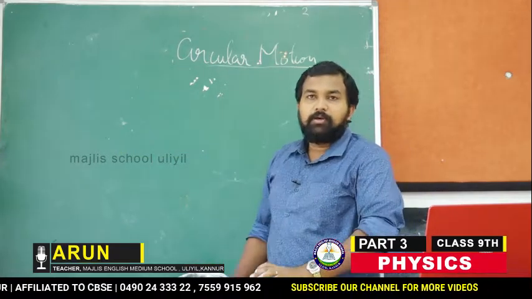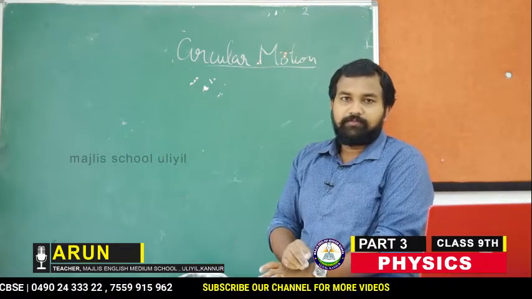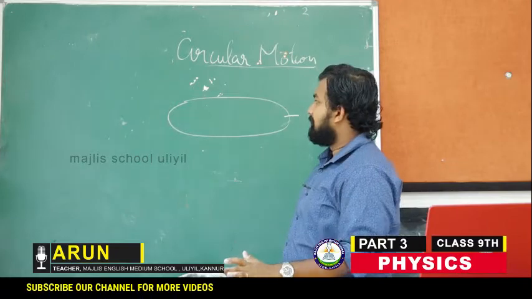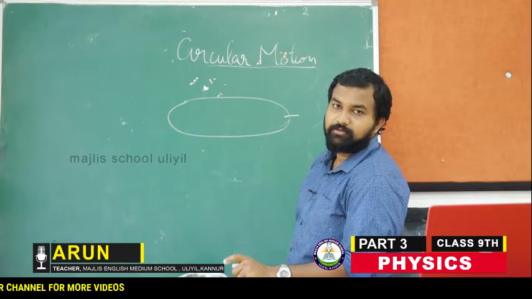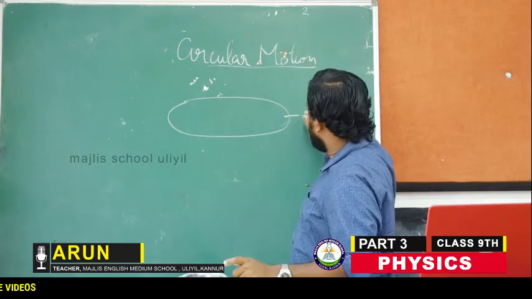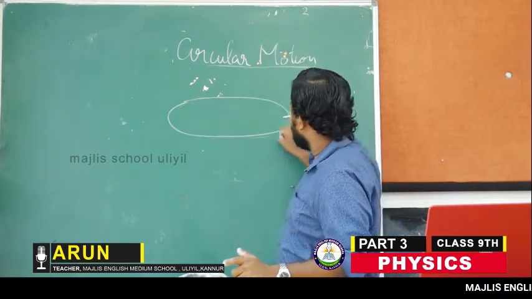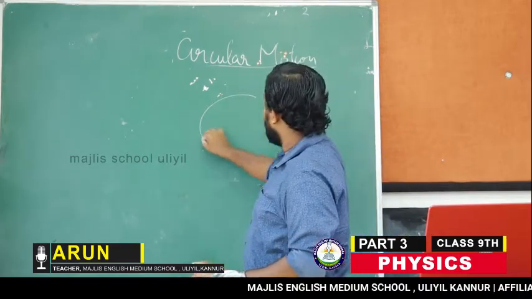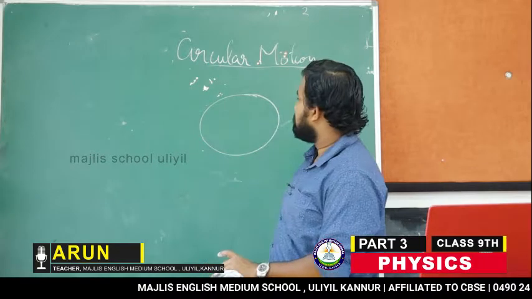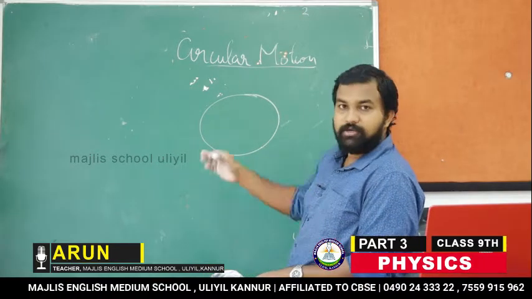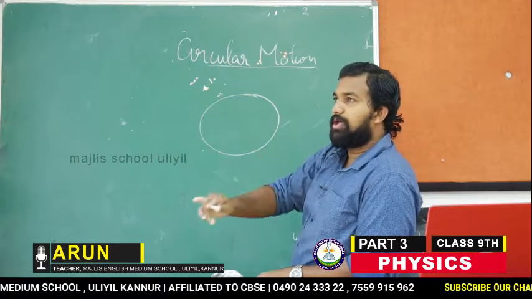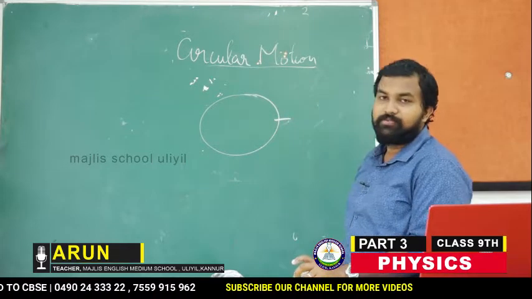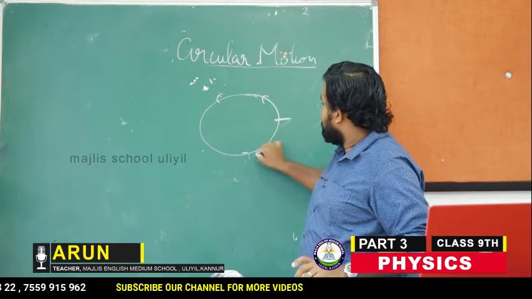Circular motion means the body will be moving in a circle. The example which we have taken in the beginning, the racer runs along a running track. He will start from here and move a distance, so this is not a circle. If I want to draw a circle, let this be circular motion. A continuous circular motion can be explained using a circle. Whenever a body moves from the initial position, it reaches here.